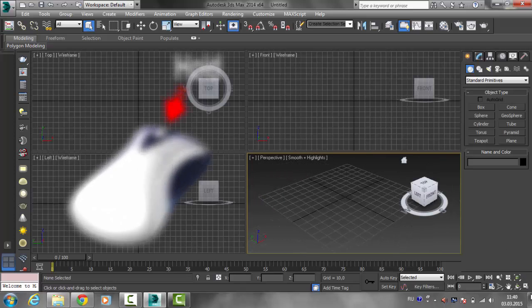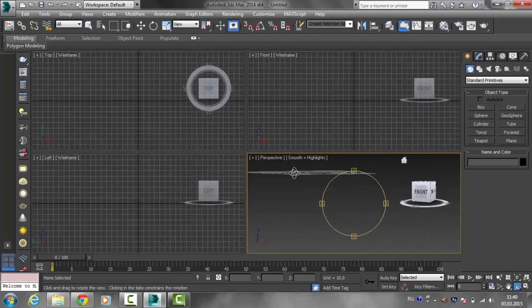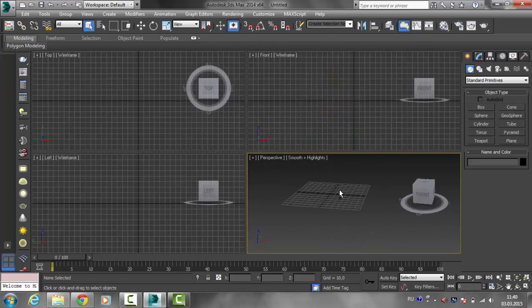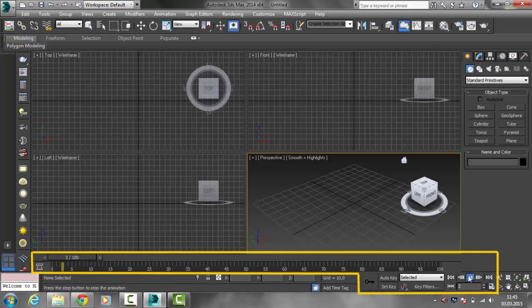And the last thing, which is most important, orbit. Orbit will roll the screen or roll the viewport, and you can do the same thing by holding Alt and the middle mouse and dragging. Next to the navigations controls we got the animations controls, and here's the play button, and this is the previous frame, next frame, go to start, go to end, and this is the auto K, set K, and set K. This is our timeline,